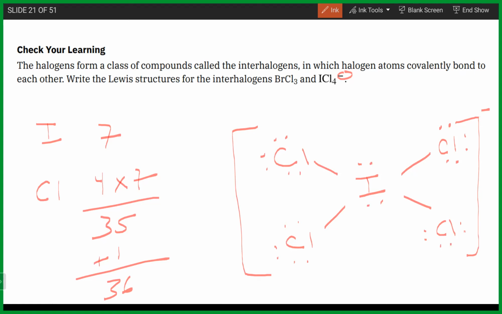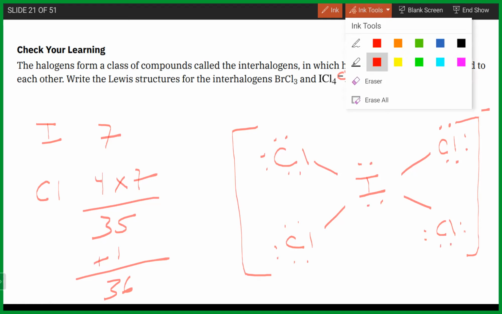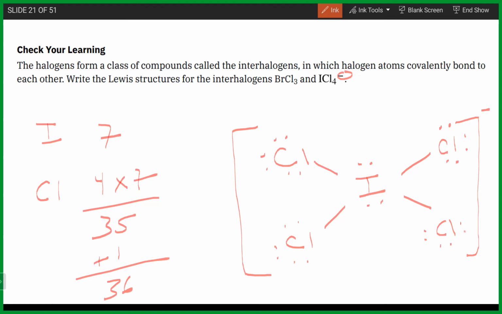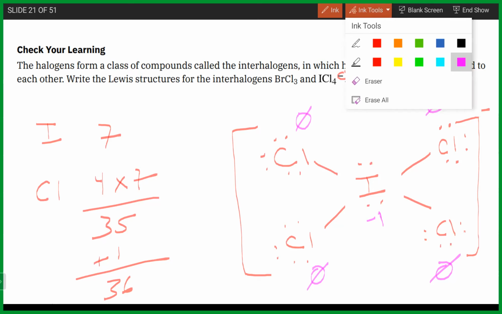And then with this one in particular, if we calculate the formal charges, we'd have 0, 0, 0, which means this iodine has to be -1. Because it would be 7 minus 4 for the electrons it has by itself, and then 1/2 of 8. So 7 minus 4 minus 4. So 7 minus 8 gives us -1 there. And with this one, typically we say the negative charge is going to wind up on the outside with the more electronegative element. So what we could do in that case is